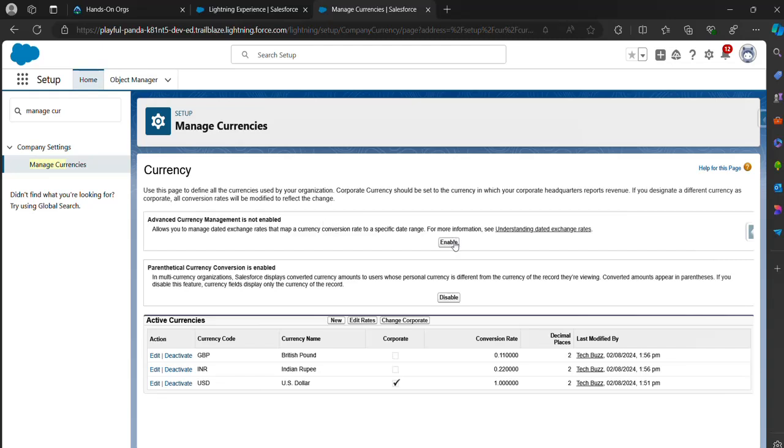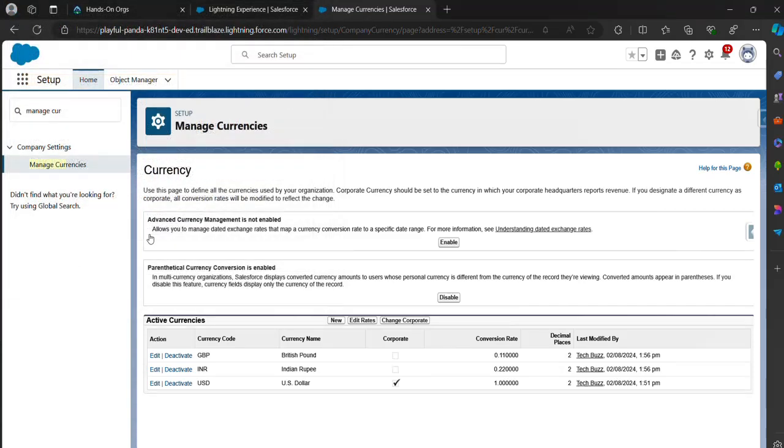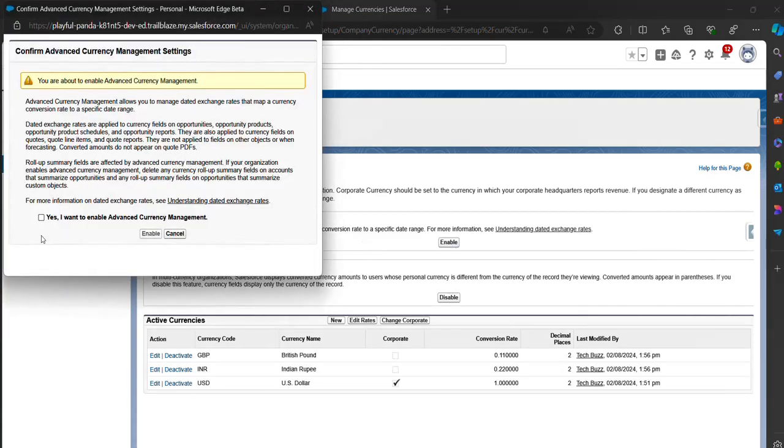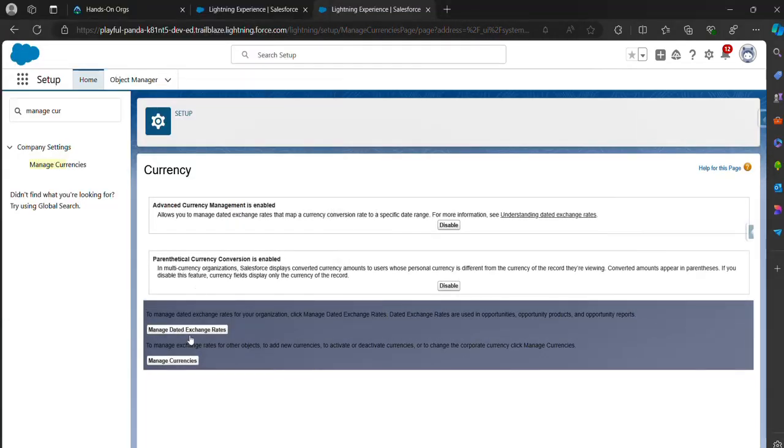Just enable it. As you enable, you can see two more options come: manage dated exchange rate and manage currency. From manage currency, you can add more currencies if your organization has multiple currencies.